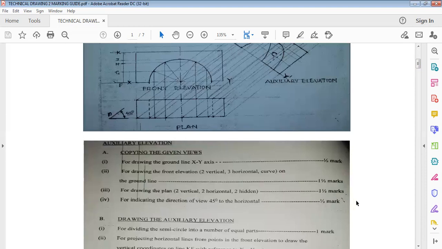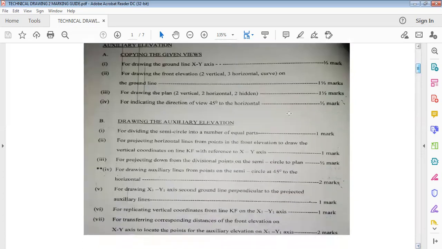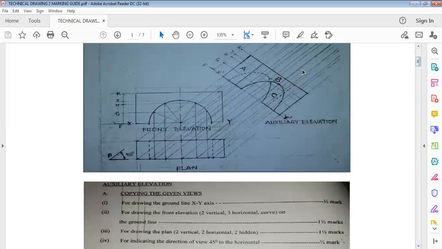So that is part A of the solution to that question on auxiliary views. Now, part B. We come to part B, drawing the auxiliary elevation. Where is the auxiliary elevation? This is the auxiliary elevation. For doing this, we want to look at the marks awarded to this particular part,